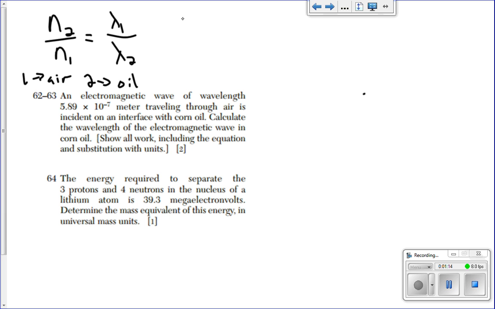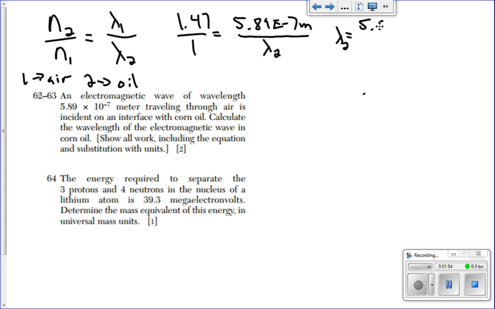So your n2 is 1.47 over 1 equals 5.89 times 10 to the negative 7th meters over our unknown wavelength. This is our wavelength in the air, so we need to put that in for wavelength 1 because 1 is air. And now we just have to solve this. To solve this, we need to cross multiply and divide, and we end up with wavelength 2 is